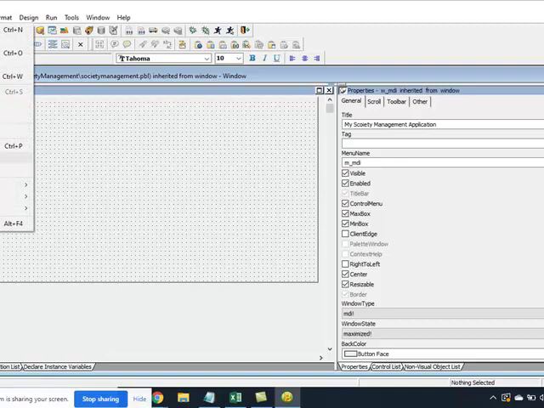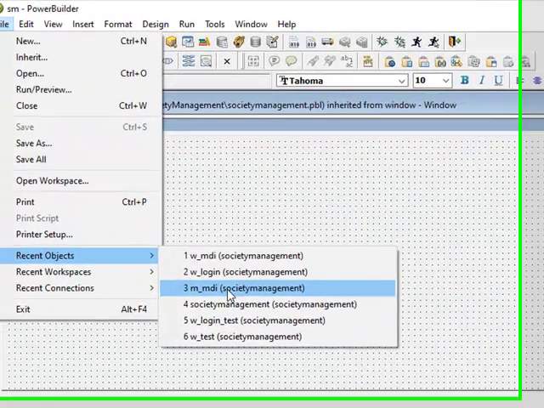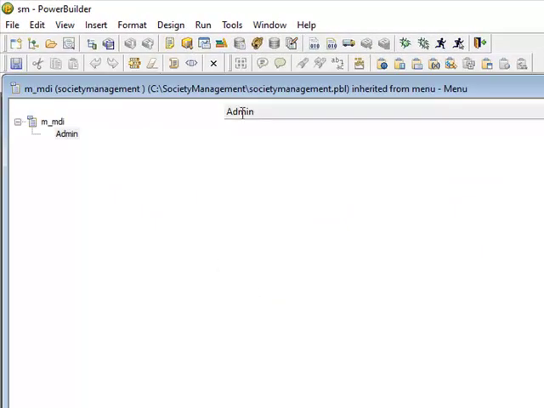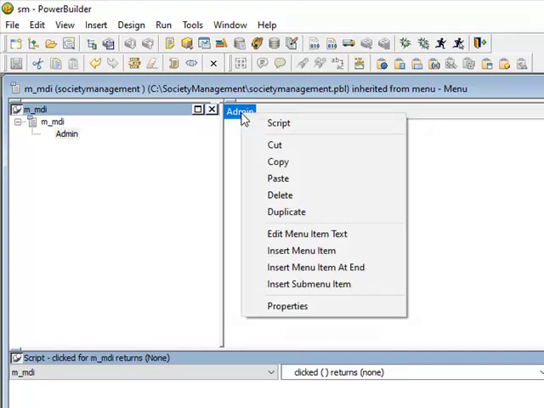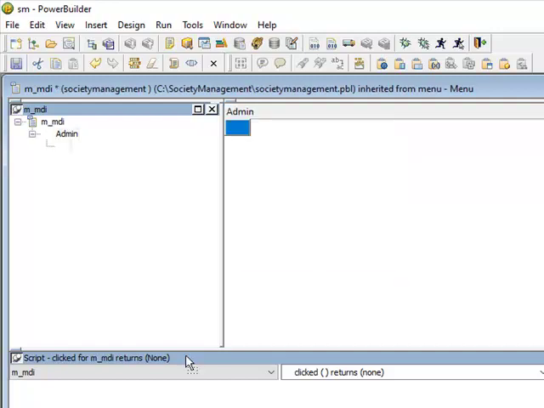Let me open the menus. Where it is? This one, right? Rather than this admin, okay, no worries. Let's keep this admin as it is for now. And what I'm going to do is, I'm going to add insert menu item, or insert menu item at the end, sub menu item. Okay, sub menu items, let's say create